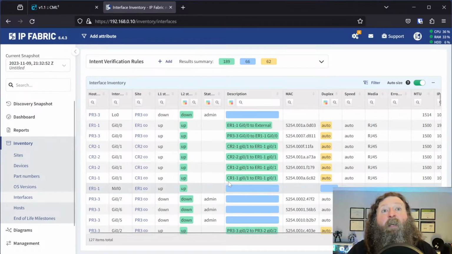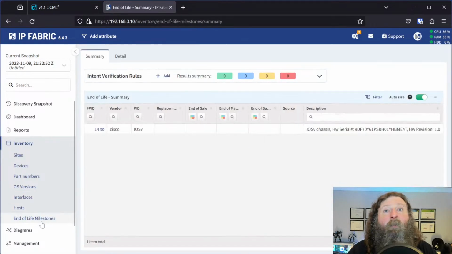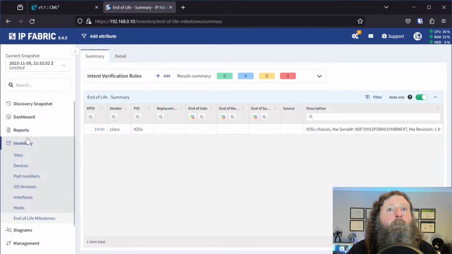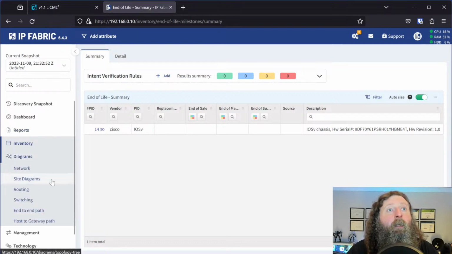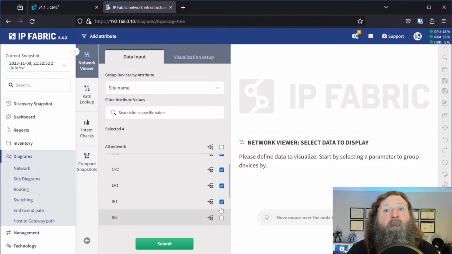This is a list of all the interfaces that we've learned through the environment. End of life: since these are virtual, there shouldn't be anything here. But if these were physical boxes with end of life information, that would show up here. Really, the bigger thing would be being able to look at things like site diagrams. With a site diagram, and again, these are all small little lab sites, so we'll turn all of these on